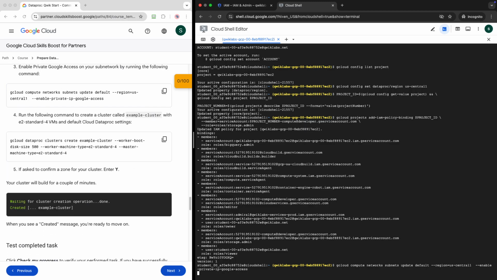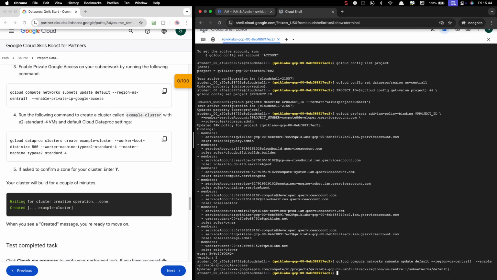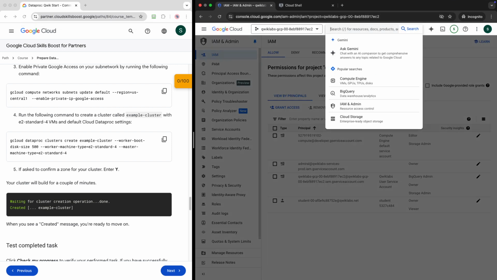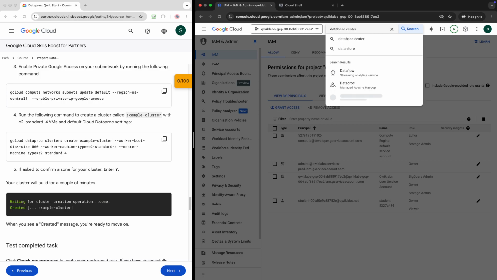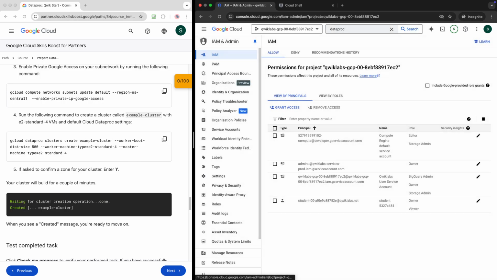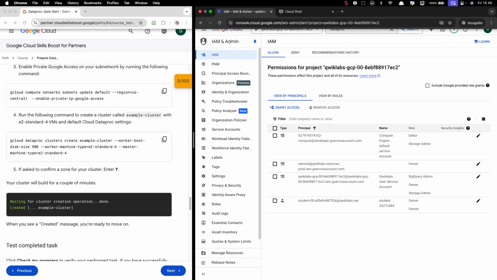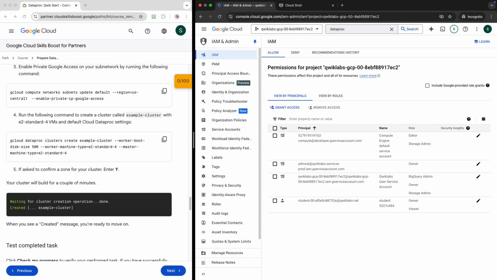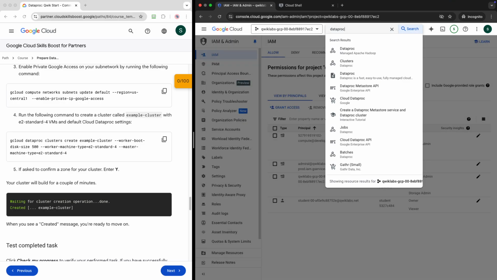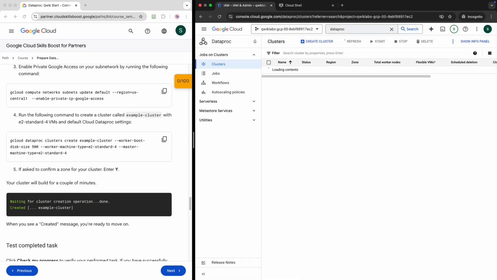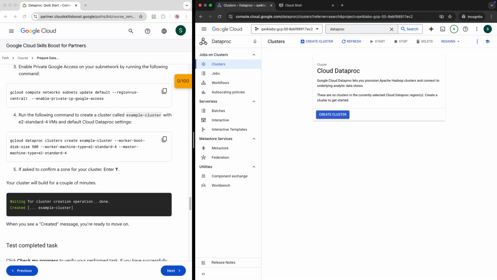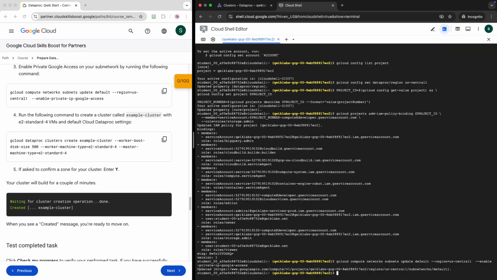Now you can see there is Dataproc clusters. So for better understanding, what I will do is that I will open the Dataproc here. You can see there are no clusters. So currently there is nothing here. But once we execute the following code,